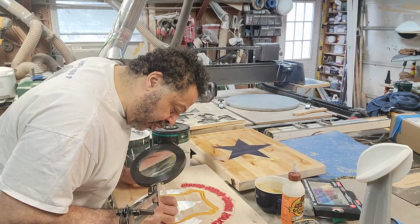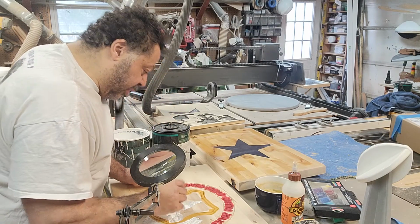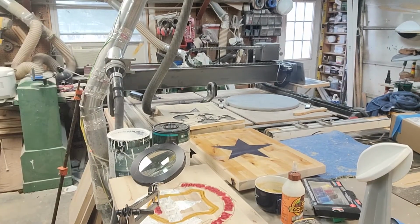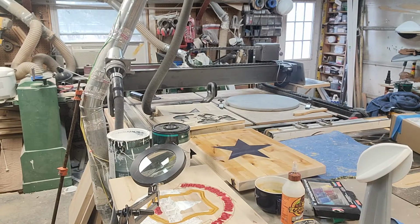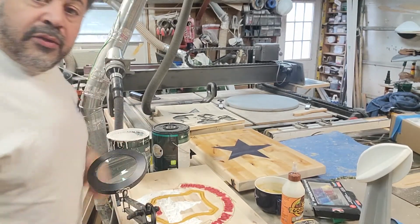So I'll have to keep on going through, putting the layers of the colors into this, and making this come to life. Now, this one is going to take more time on it because if you look here,